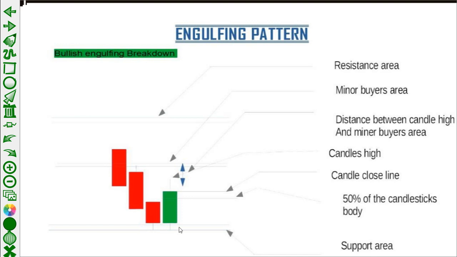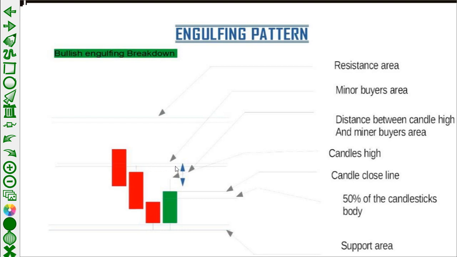What is most important here is that the green candle should close above 50% of the candlestick's body, and it should close more than 15 to 20% above the previous red candle's body. The most important rule here is that the green candle should close above the 50% line of the body, and the wick percentage should not be more than 30%,